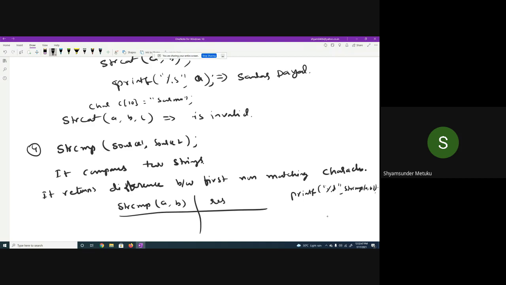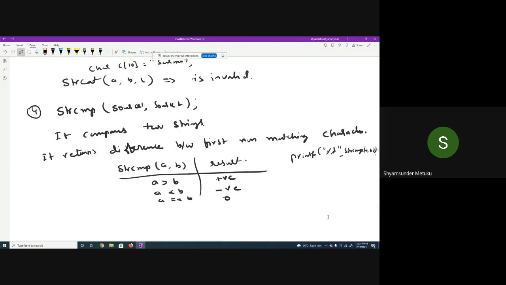So what is the result for me? There are three cases. String a can be greater than string b, string a can be less than string b, or string a can be equal to string b. Whenever string a is greater than b, you always get a positive value. If string 1 is lesser than the second one, you get a negative value. Otherwise it is 0.